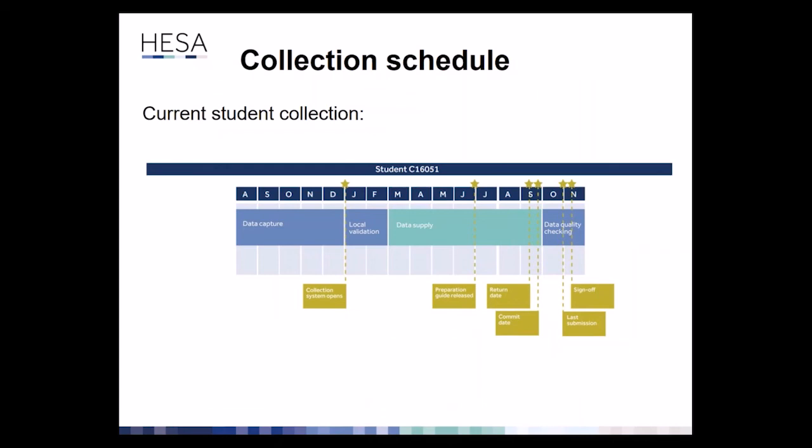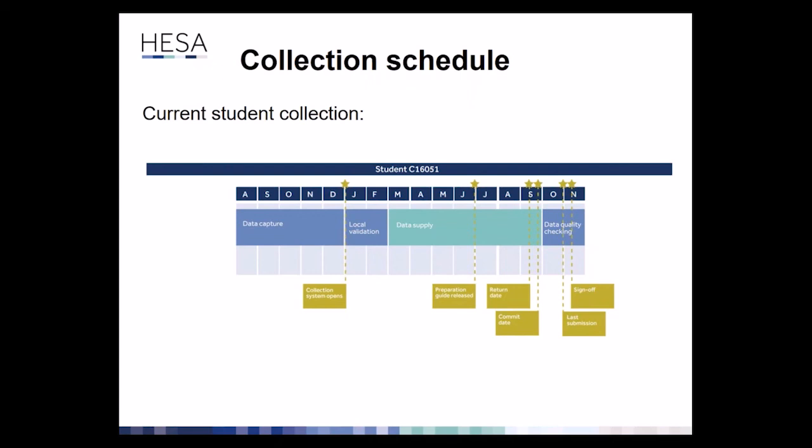This is what we do at the moment. We have an annual cycle. You in your institution do some data capture for the year of interest, and then you validate that data, and then you start sending it to HESA. There's a process whereby we get to the stage where you can commit the data, and then we do data